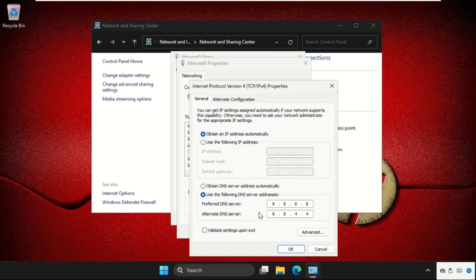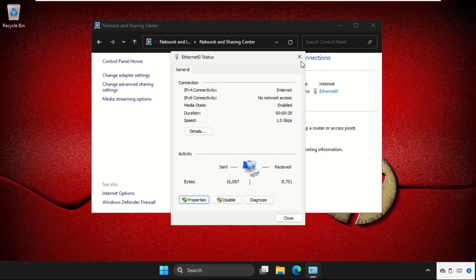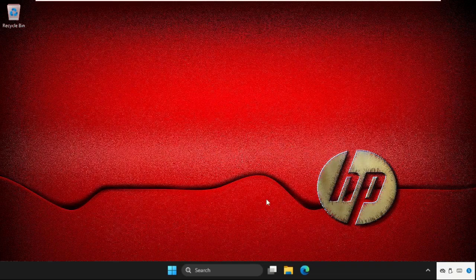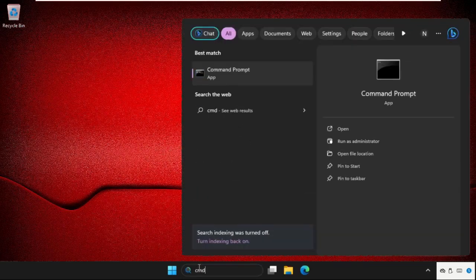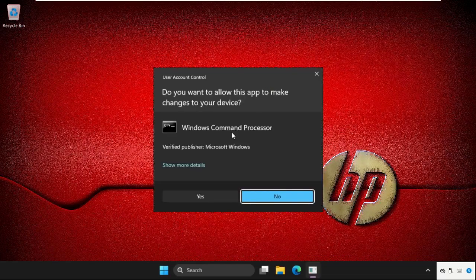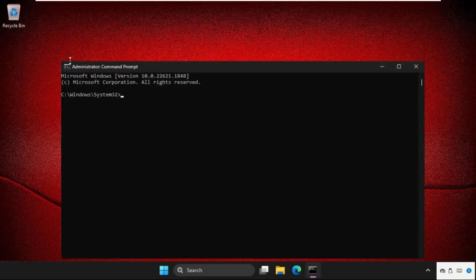the properties. As you can see on my window, you need to set the DNS server address 8.8.8.8 and 8.8.4.4. Now click on OK, close all windows one by one, and if it still does not work, then just go to search bar, type cmd, then right click on it and open run as administrator, select yes, and we need to execute